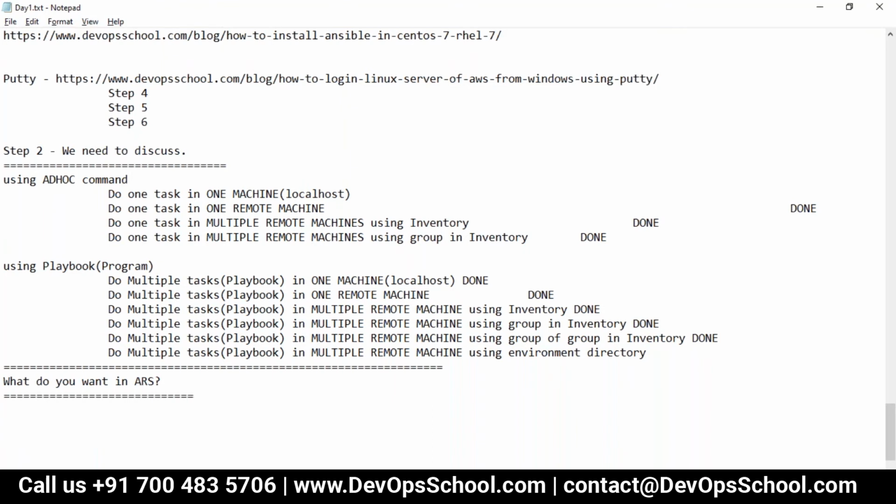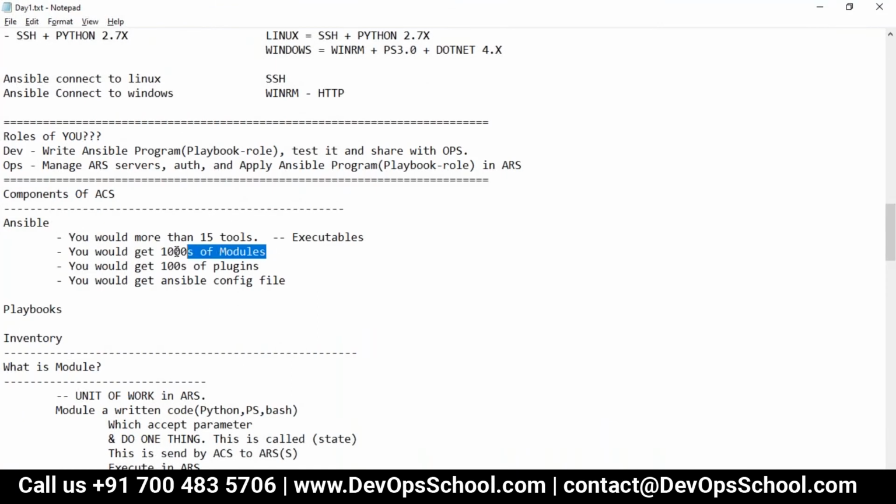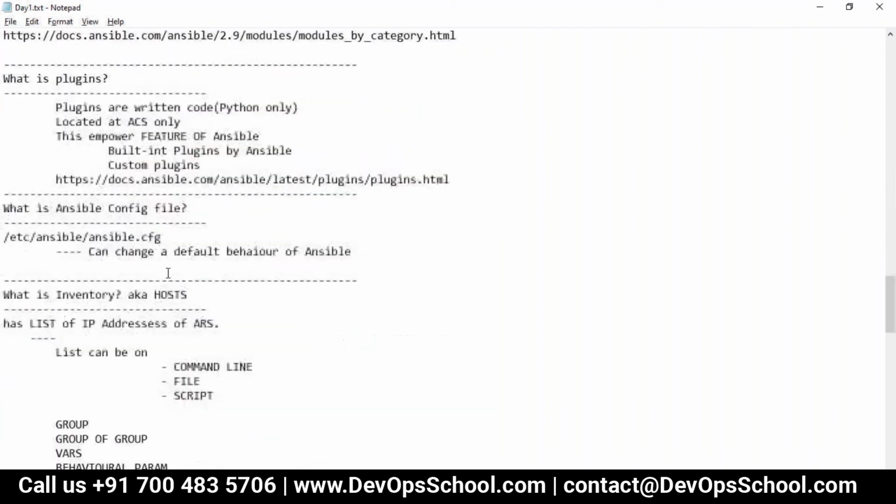I don't know whether you looked carefully at the number: more than 3,000 modules are there. So do you think you want to learn complete Ansible? This is not a good strategy, because if you learn, let's say, 10 modules each day, you will end up completing it in 1.5 years, I guess. So this is not a good strategy.